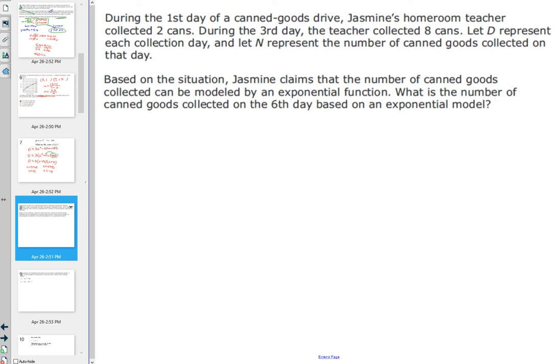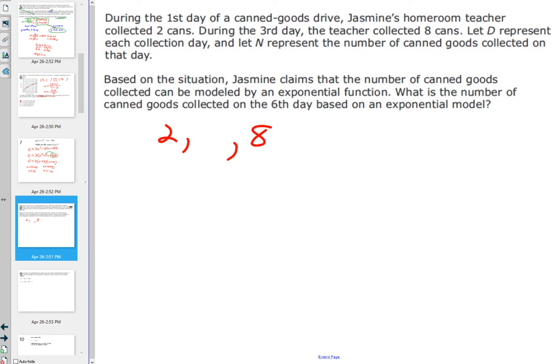So let's see. On the first day, there was 2. During the second day, they don't tell us. But on the third day, there was 8. Let D represent the day, and then N is the number of canned goods. Based on this,